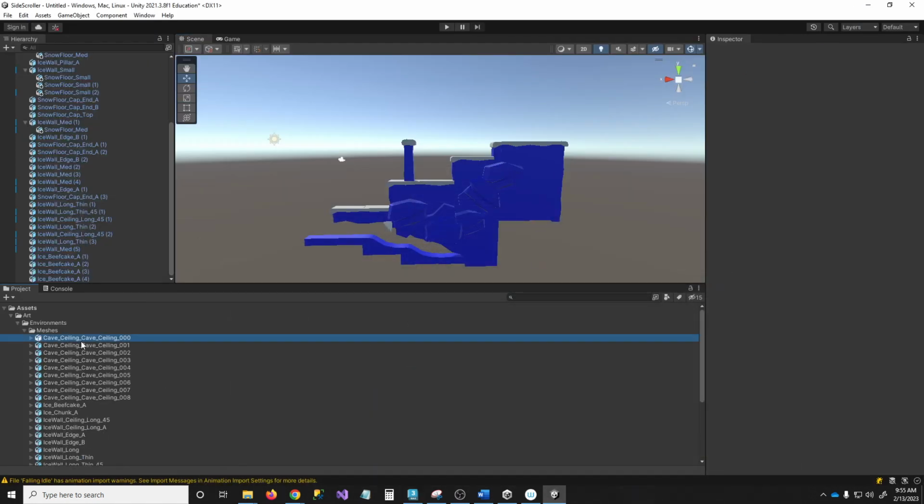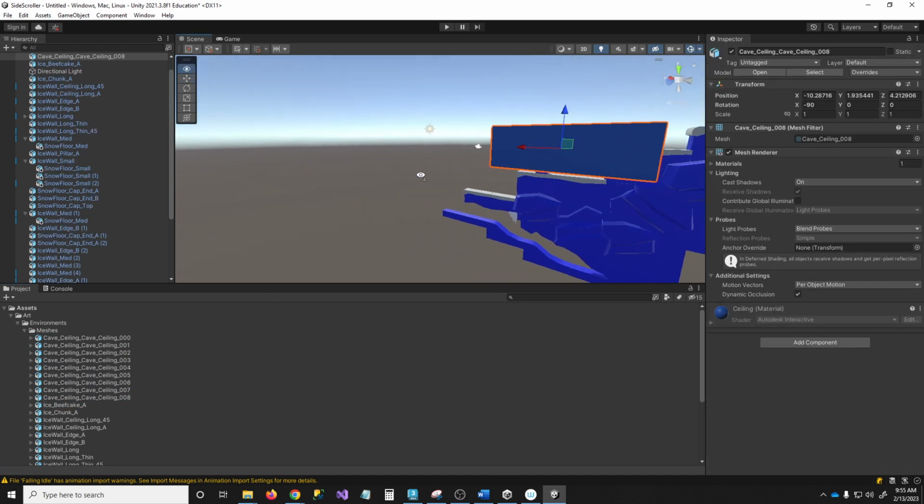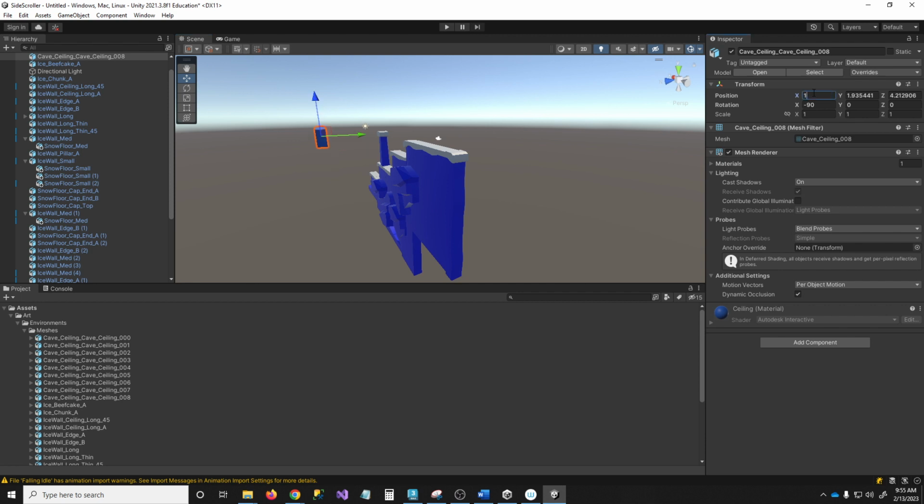So then I go through here, now I have all my cave ceiling stuff, right? It's not named very well, so I don't know what's what. But you can start laying this stuff down, right? So I have,